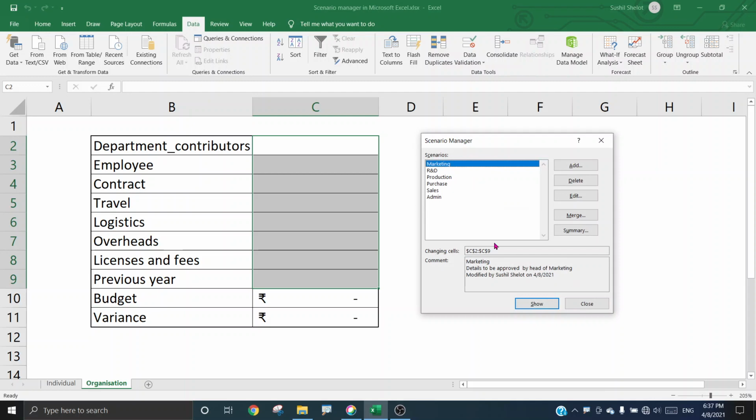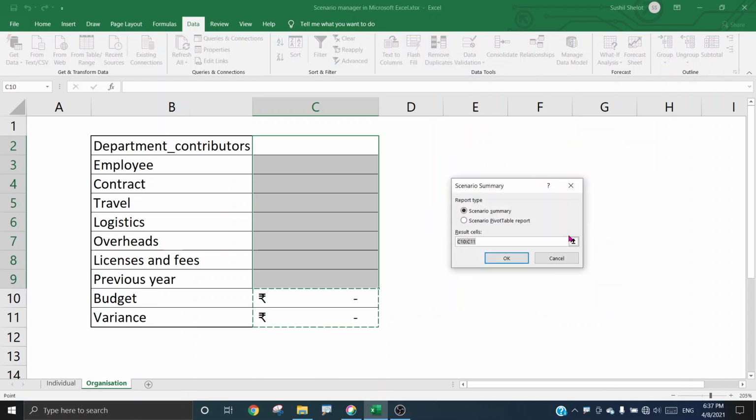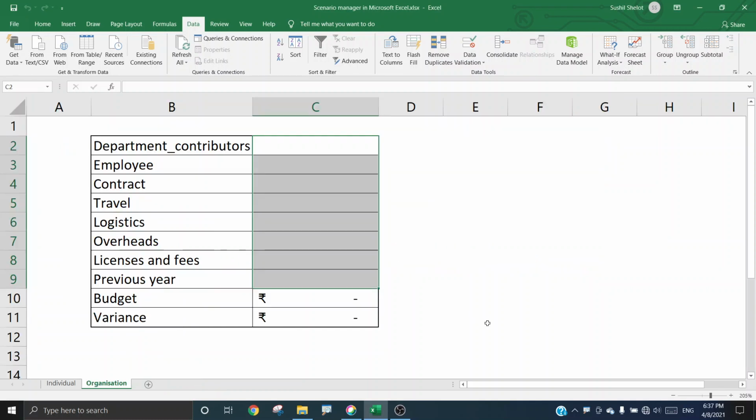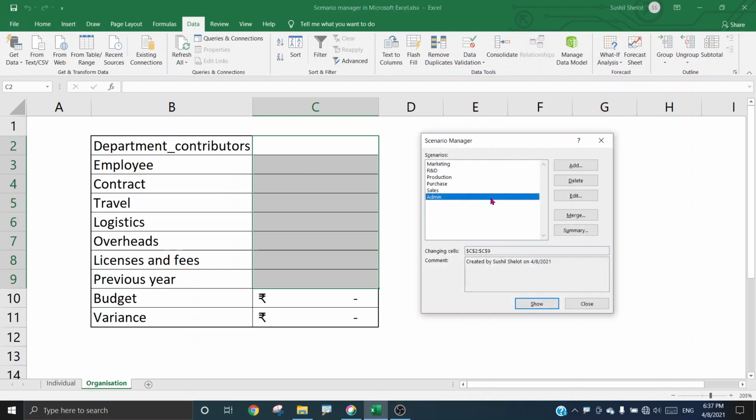Okay, once done, I won't go to show, but this time I'm going to just go to summary, and here I'm going to create a summary wherein admin has got added and whatever the values are available at the discretion of the decision maker. I'm just going to delete this summary and explain to you the remaining couple of buttons in this application. So I already explained you add, delete, edit, summary. I have explained how to see the show option for every scenario here. So in this way we can create multiple scenarios, and for every variable there can be 32 maximum values that can be inputted. Now what is this merge button?